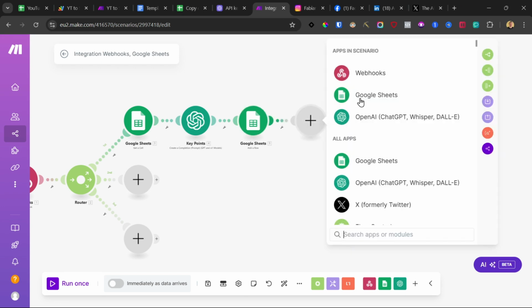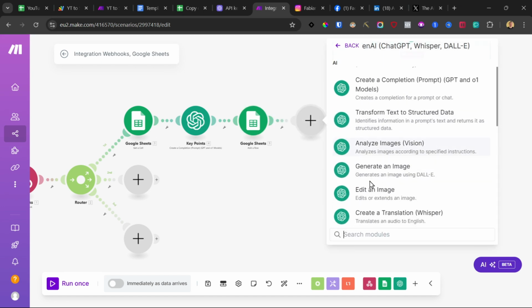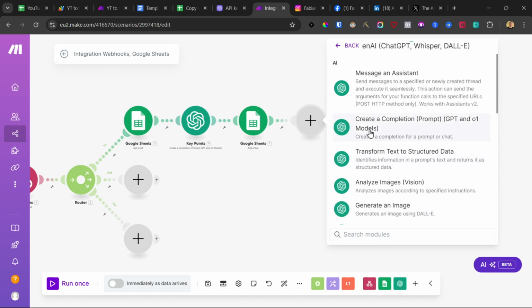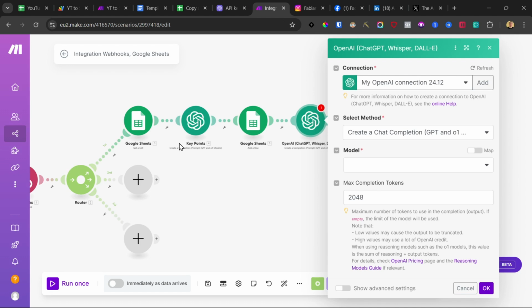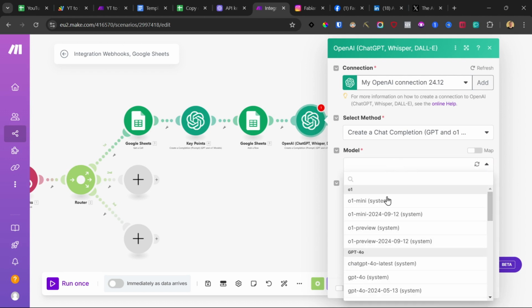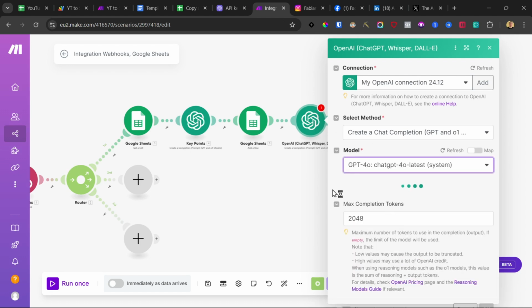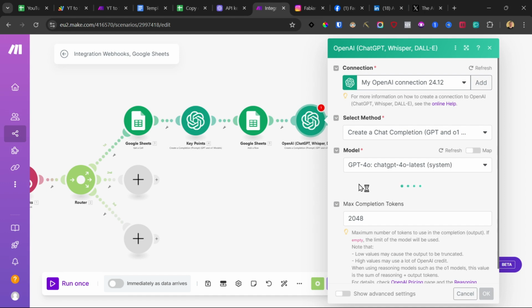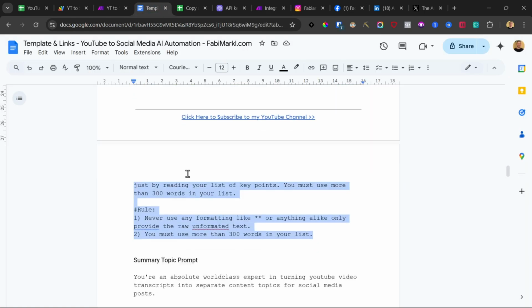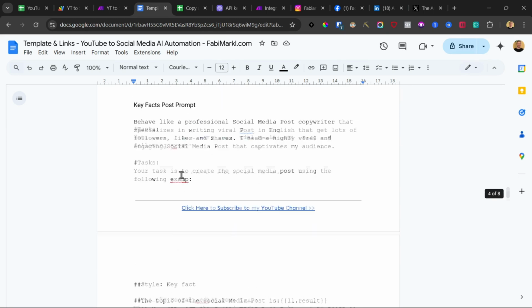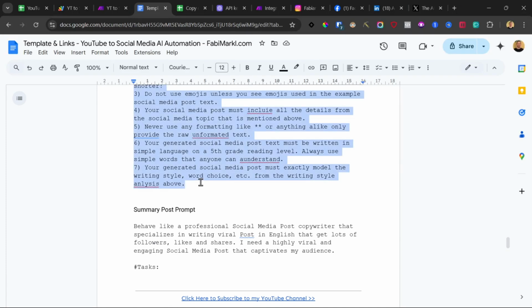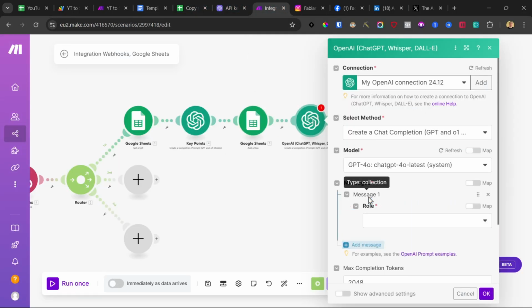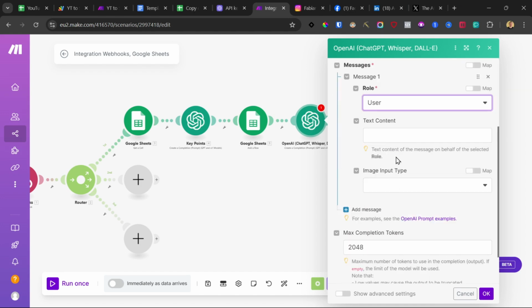Now we need another AI model. We use OpenAI, create a completion, because this one now generates the post for us. And we use the latest GPT-4 model. It's the best text generation model. And I will already grab my key points post prompt, which will generate a post based off the extracted key points from this model. So add message, select user,